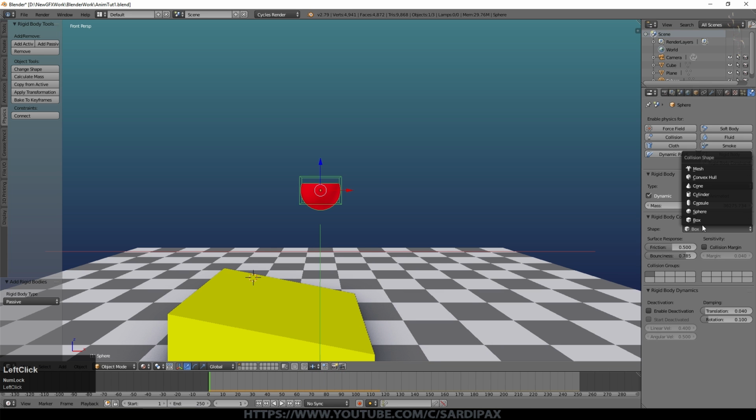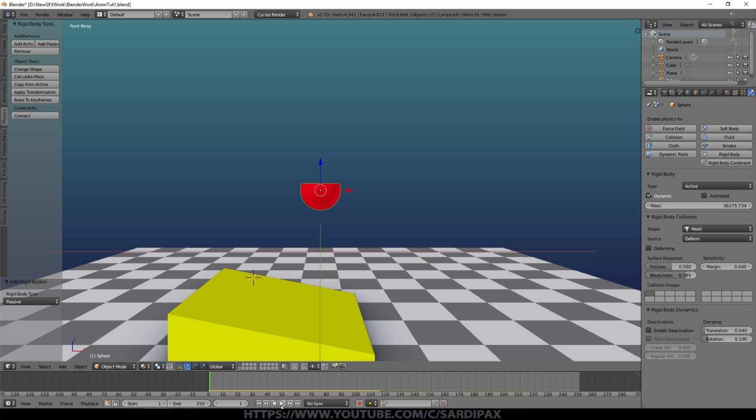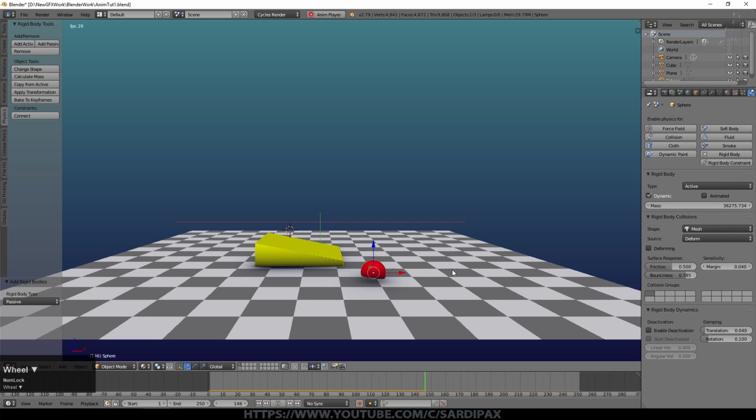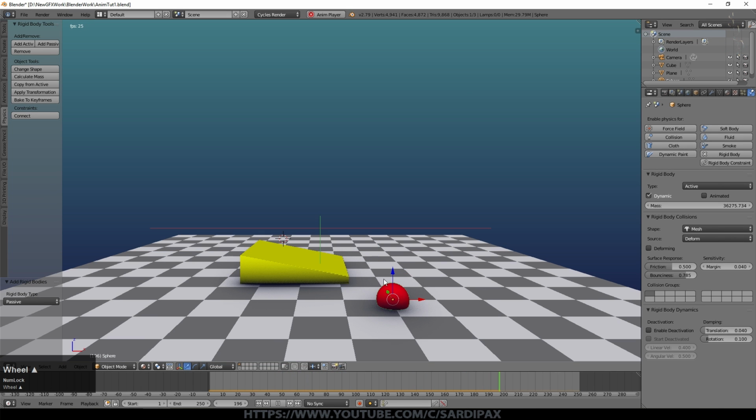The most accurate is mesh, but that also means Blender has to look at each of the points on the surface of that object. And you might need that for a more complex object, but you can see even there, it was taking a little while, but it gives you a much more accurate simulation. Generally with simulations, especially if you're going to add a lot of things in there, you want to keep the number of calculations under control. You don't want to do any more than you need to.